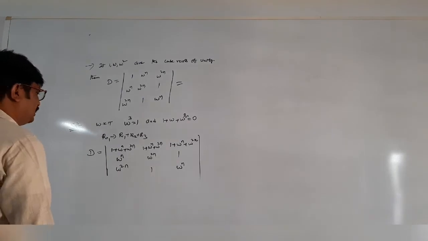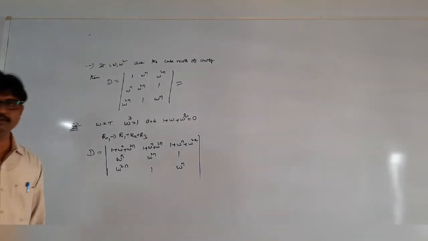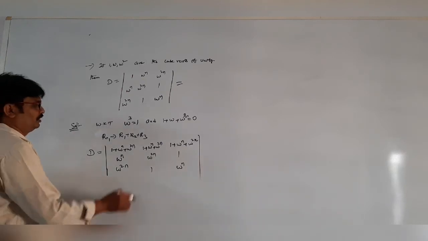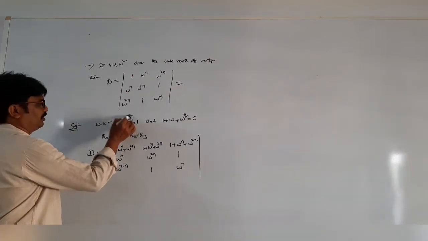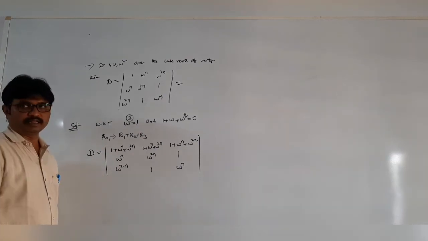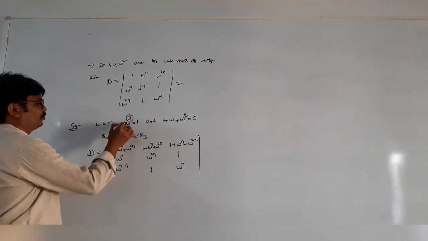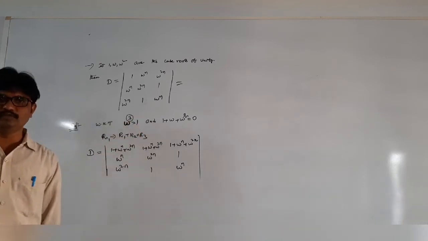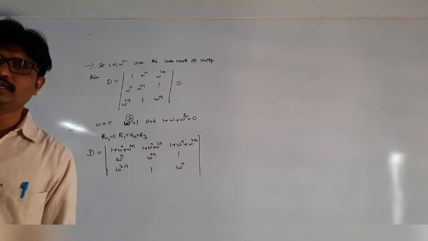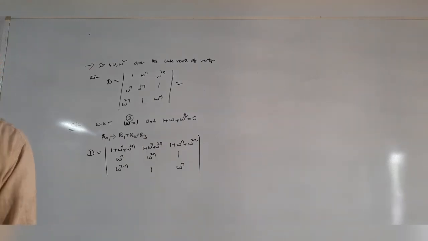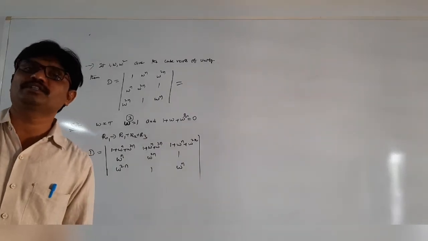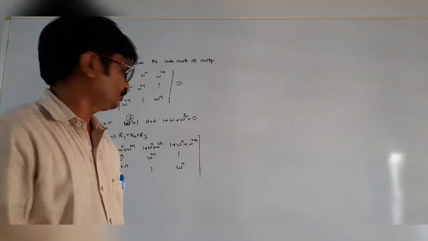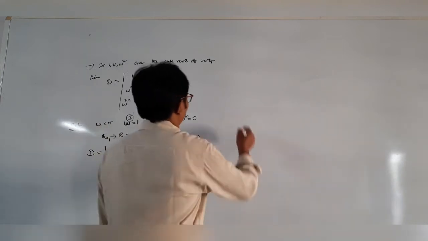Dear students, right now we have to find this value in two cases. The first case is n is not a multiple of 3, and the other case is n is a multiple of 3. When it is a multiple of 3, undoubtedly omega cube value is 1. So 3 1 is 3, 3 2 is 6, 3 3 is 9. Omega cube, omega power 6, omega power 9, these all values are equal to 1. So students, the case 1.